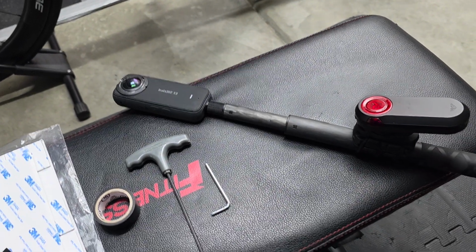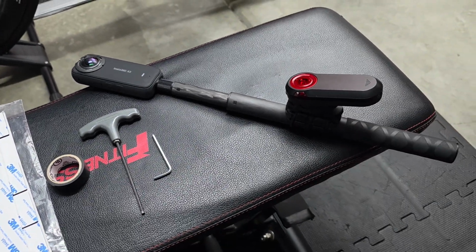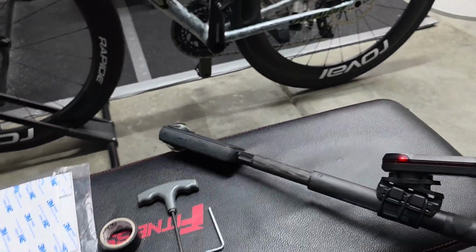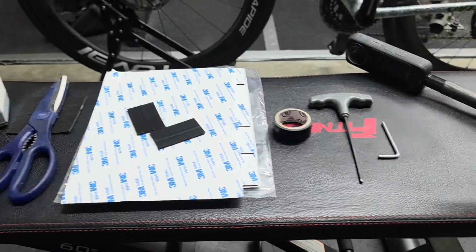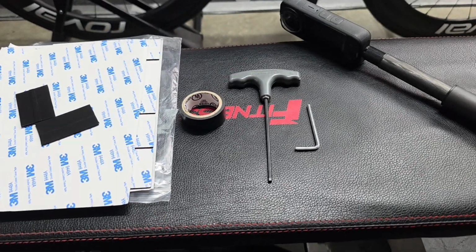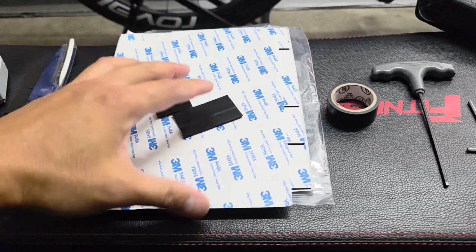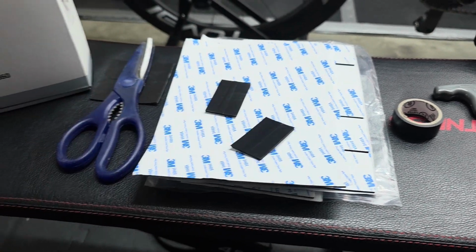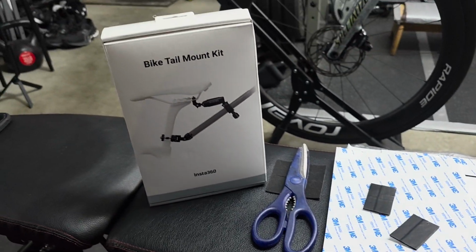And here's a selfie stick. This is the Action selfie stick. So it's the carbon fiber version, so it's a lot stronger. You're going to need some electrical tape, 3mm Allen keys, some of this 3M double-sided sticky tape, and yeah,